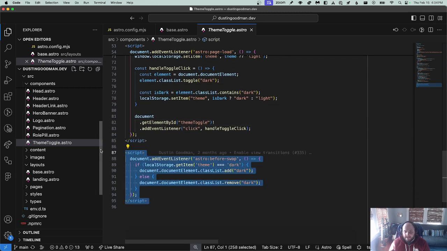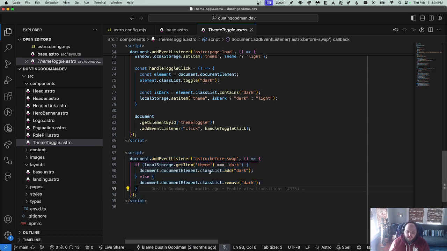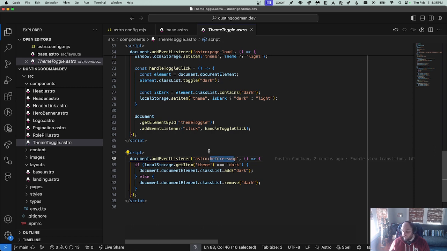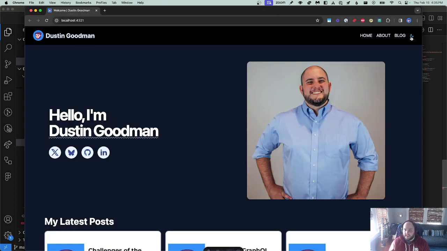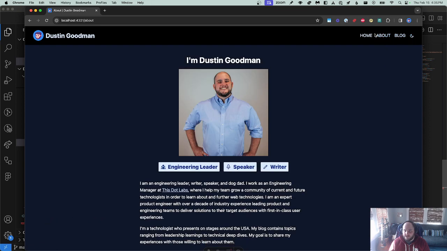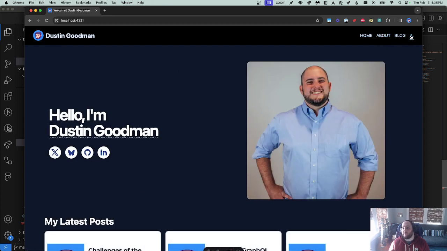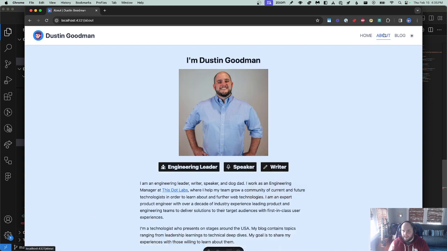And then I also have this little bit of script, which is a really neat Astro feature that lets me detect what mode I'm in before any page transition and reapply the dark mode. Without this little bit of code, I'll take it out for a second. Let's say I go dark mode and then I go to my about page. Or maybe, oh, you know what? My global preference is the other thing. So I think,